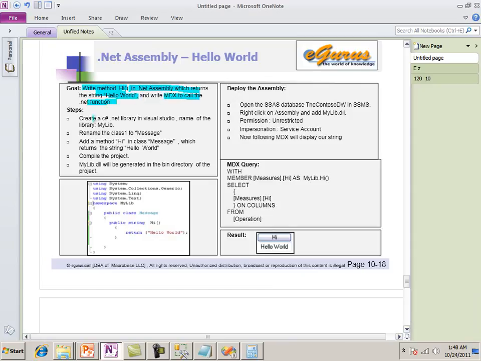.NET function. Our steps are: create a C# .NET library in Visual Studio. The name of the library is mylib, for example. Rename the class 1 to message. Add a method in the class message which returns a string hello world. Compile the project. mylib.dll is generated in the bin directory, etc. And from the SSMS